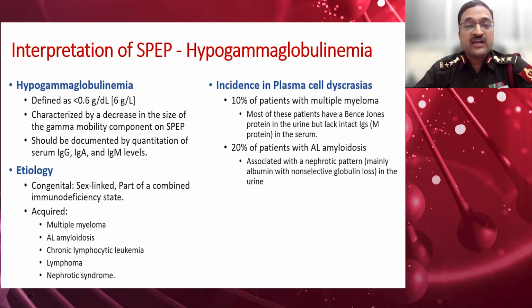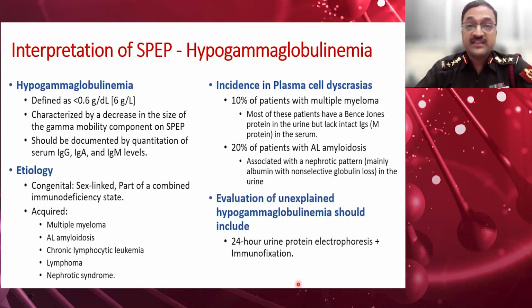Now, it can also occur in nephrotic syndromes where, because of the proteinuria, a patient can actually have low gamma globulins. The important aspect is that in these patients, you can find a negative protein electrophoresis. So it is very important, when you have a high clinical suspicion of a plasma cell dyscrasia and your serum protein electrophoresis or a serum immunofixation is coming negative, to subject the patient to urine protein electrophoresis or urine